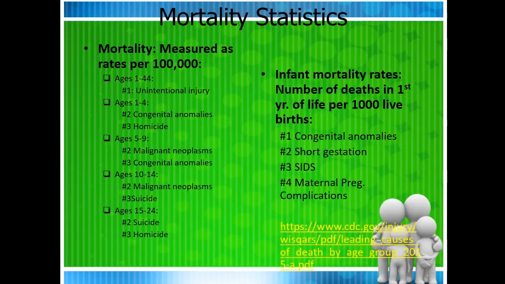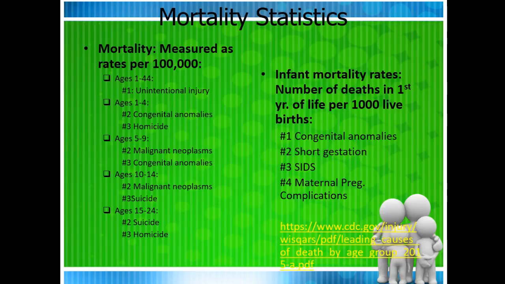So some of our mortality statistics, I already mentioned some of these here, but I would be familiar with at least the first 1 to 3 that I have listed. So over on the left side of your screen, you've got ages 1 and up, which is when we're going to start to measure mortality the same way that we do for adults, and then infant mortality is going to be per 1,000 live births. Okay, so it's just a little bit of a different formula there.